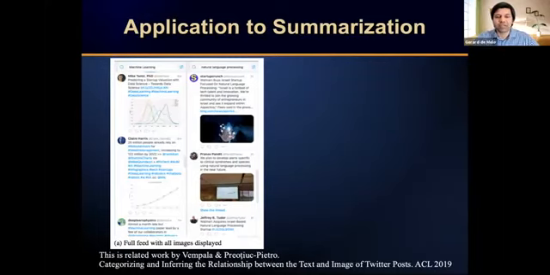What is the relationship between the image and the text? Is it really crucial information? Is the actual information in the image? Sometimes you say, please see this amazing eagle or something, and then you have to show the eagle, otherwise the whole tweet doesn't make sense. Whereas in other cases, it's just some generic kind of image just for illustration purposes, for aesthetic purposes, or to attract some attention.